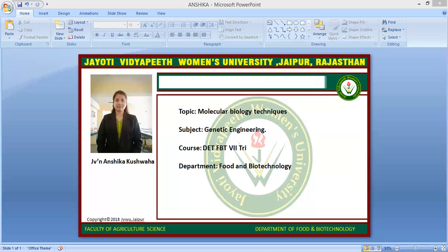What is the Human Genome Project? It is speaking a language of molecular fingerprinting, and gene expression is another language of complexity. In this, 40,000 genes are available at their loci. In mapping terms, locus means a position on a chromosome and allele means an alternate form of DNA at a specific locus on the chromosome. So this is all about the molecular biology techniques.